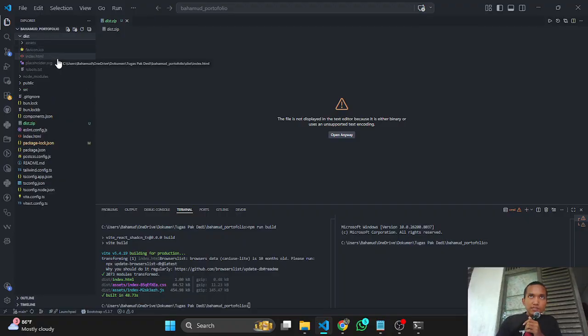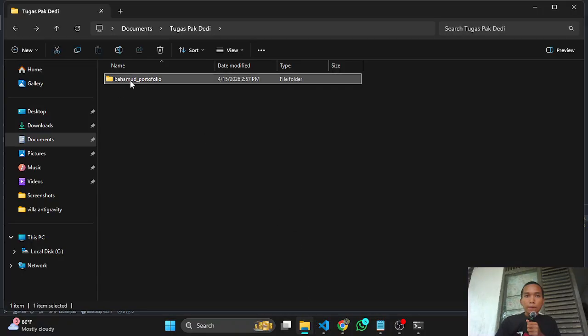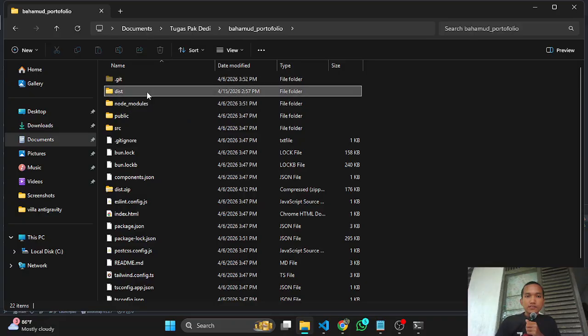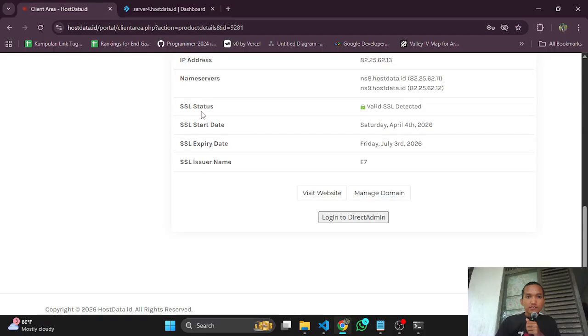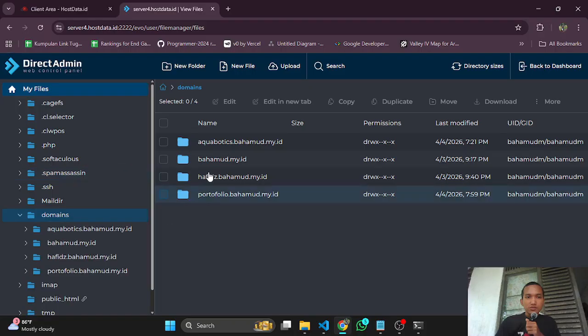This is basically to store all your website files to put on the internet or hosting. So let's see the folder here. Yes, this one. To make sure your dist is sent to the hosting, you want to move it to the domains.